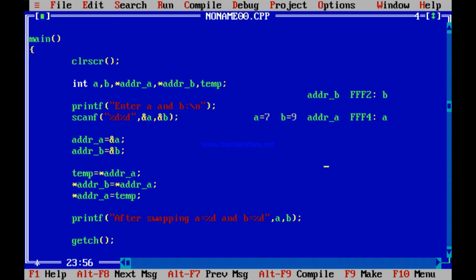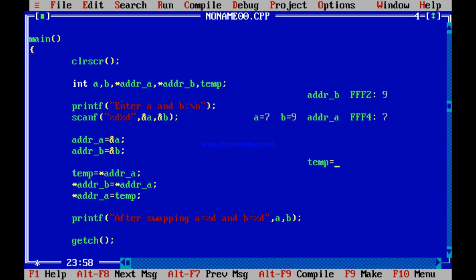You are saying temp equal to content of ADDR A. What is ADDR A? This one is A, that is 7 is contained over here, and B, this is 9, is contained over here right now. Now temp equal to content of FFF4. What are you putting in temp?